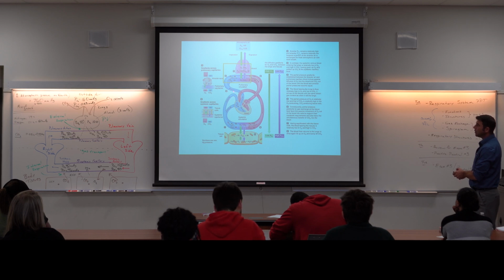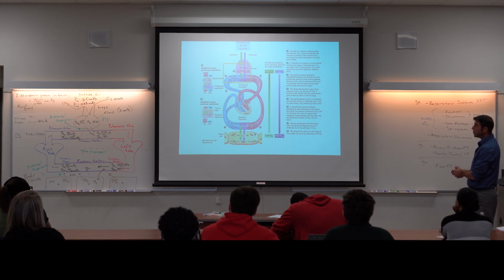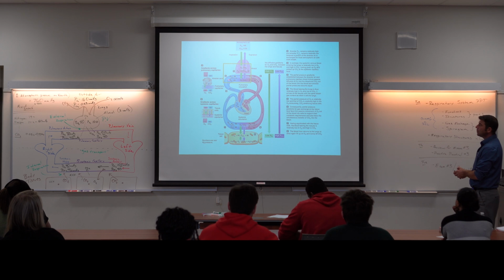And it returns to the lungs at 40 millimeters of mercury. And as it moves through those pulmonary capillaries, we see that oxygen moves down its concentration gradient. It once again absorbs enough oxygen so that it's right back up to the 100 millimeters of mercury. So we pick up oxygen in the pulmonary capillaries, and what we're going to get rid of is the carbon